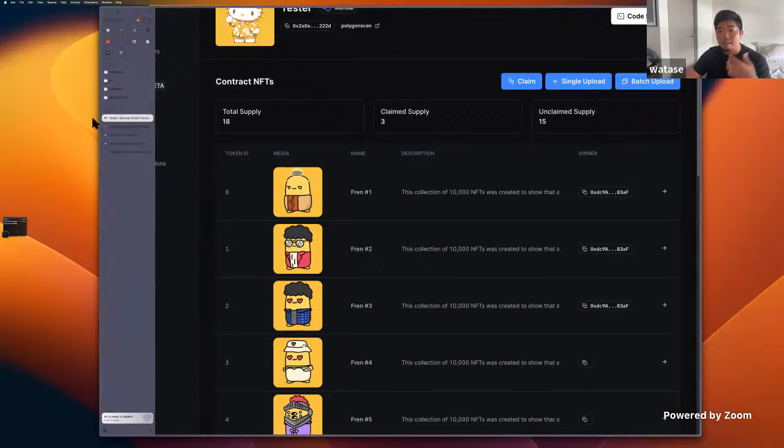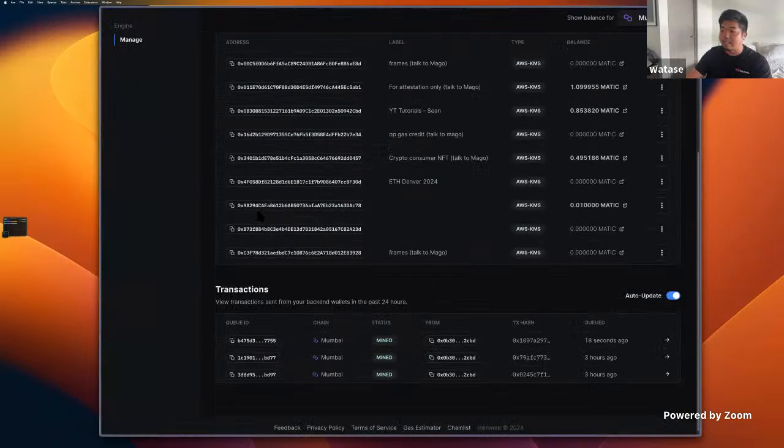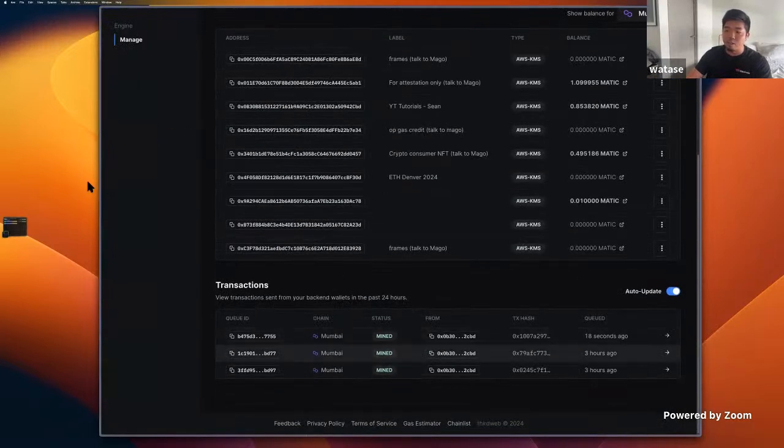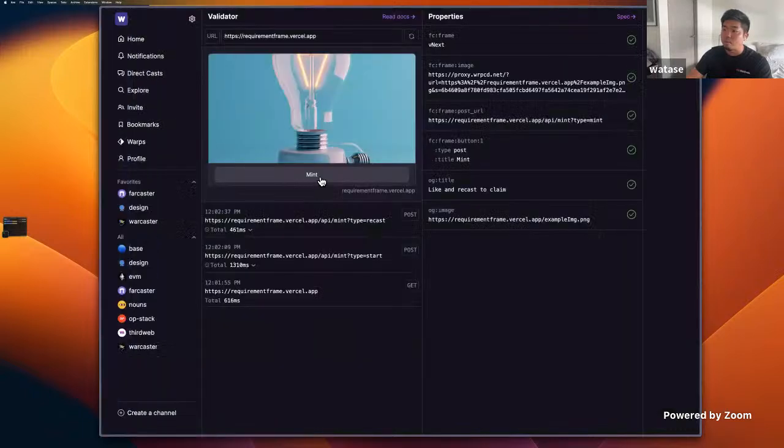We'll also be utilizing something called thirdweb's engine, which is just an HTTP server, which allows you to interact with contracts online. So what we'll be able to do is utilize that to actually mint the NFTs for us. Right over here, we can see I don't have any transactions going, but if I were to mint this NFT here,